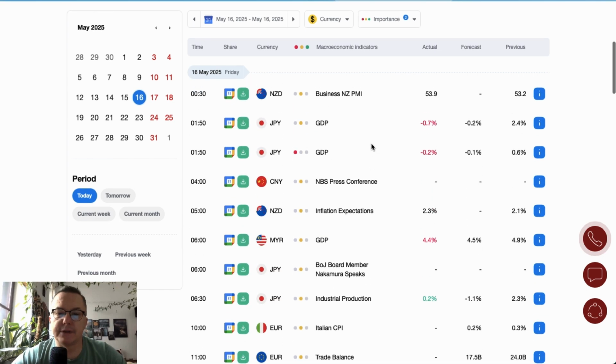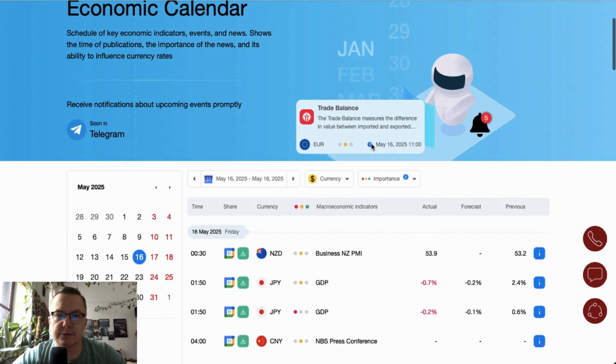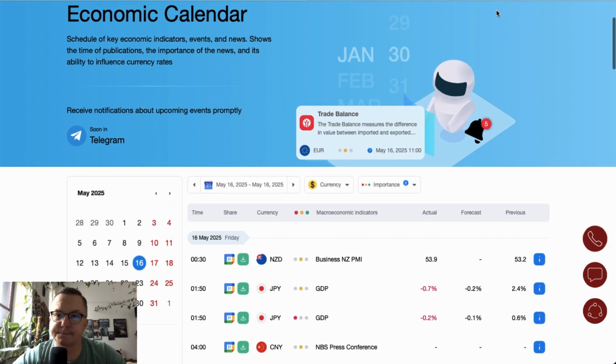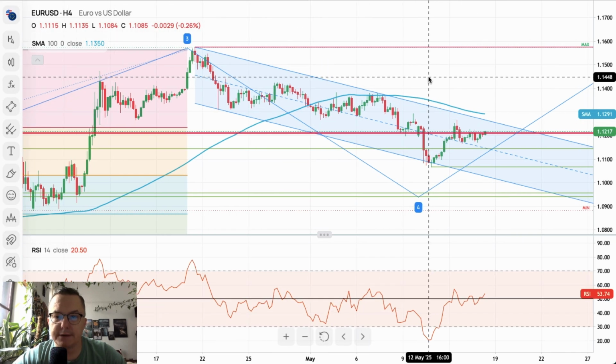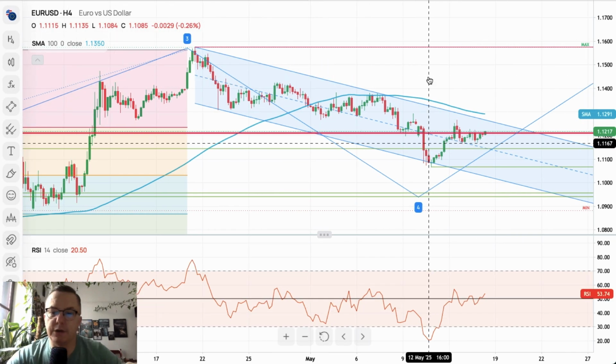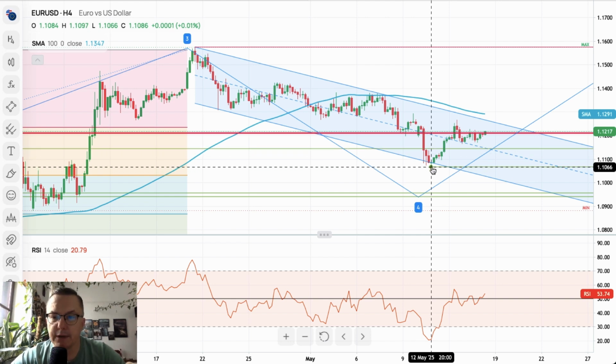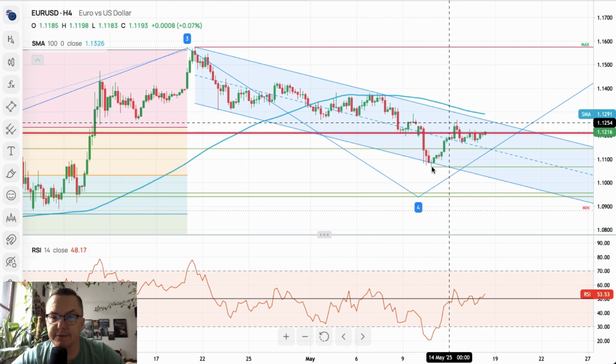Now, without any further ado, let's switch to the charts. We start with euro dollar. The 4-hour chart of the euro dollar is still looking quite bearish. We made a local low at 1.1066. Then we have the jump towards